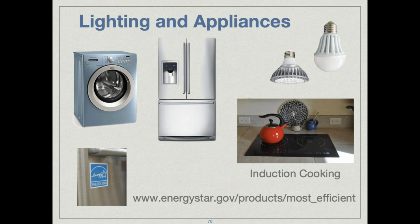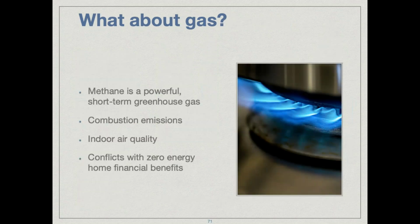Induction cooking is something that is slowly catching on. I want to plug it because there's not a flame involved, and it's also quite efficient. Using natural gas or methane in houses, I think, is probably a thing of the past. I hope that doesn't offend anybody, but